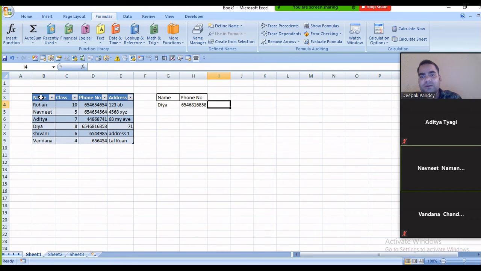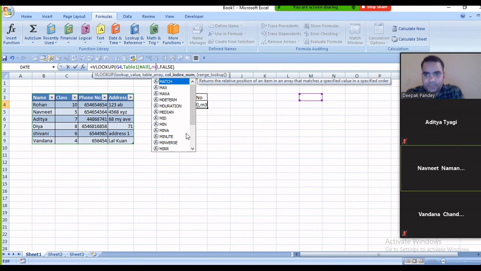And we can also make it dynamic. Dynamic means if we want to change the column from here to here, if I want the address, then it will return the address as well. So how can we figure that out? We just need to change the column number. It is column number 3, it is column number 4. So how can we do that?